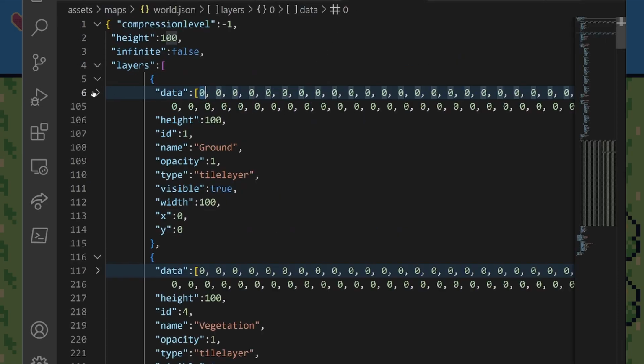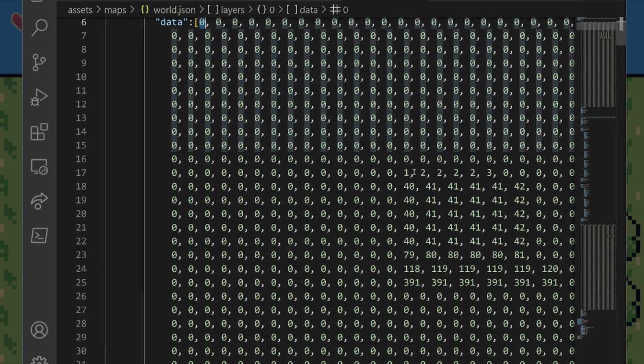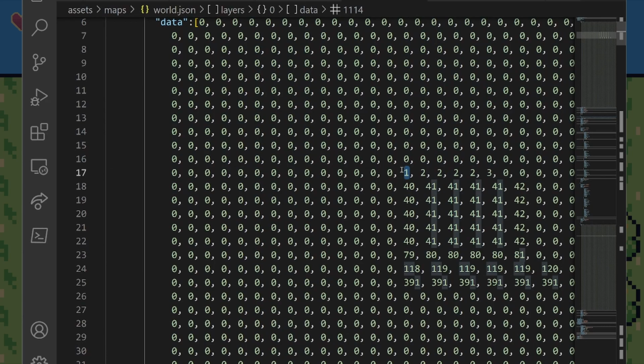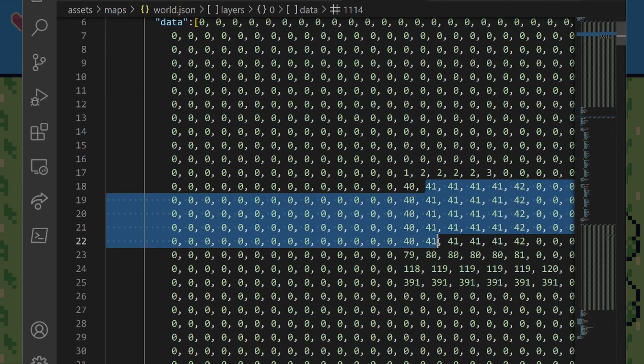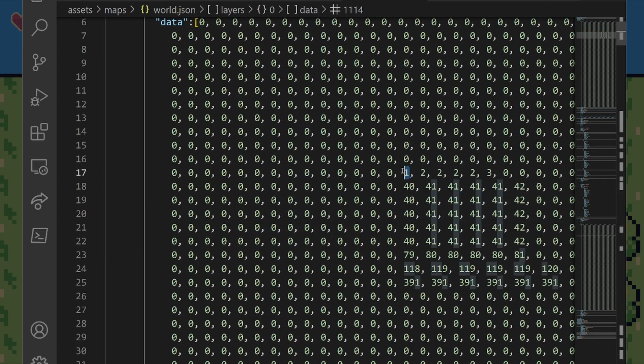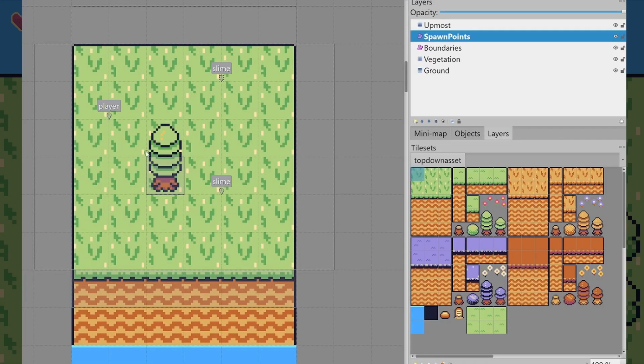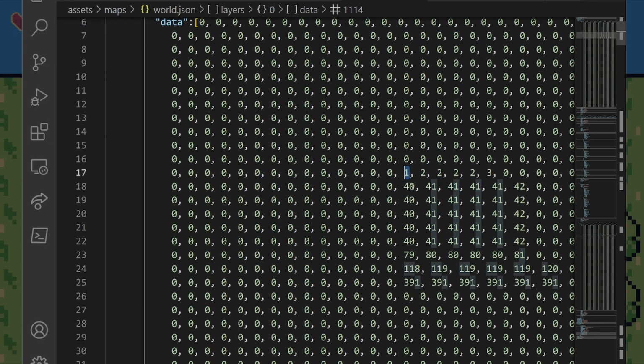If I look at the ground layer, you see 1 corresponds to the first tile. So this is considered as 1 even in Tiled, despite the fact that the ID here is considered 0, which makes no sense. But because of this, you need to